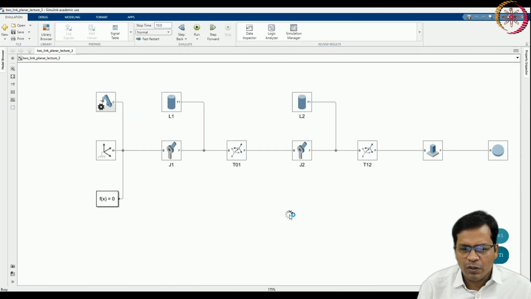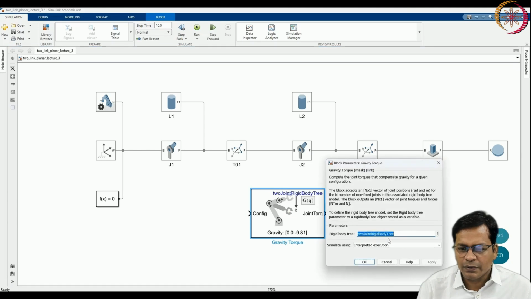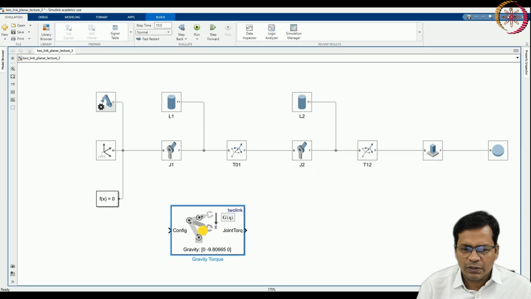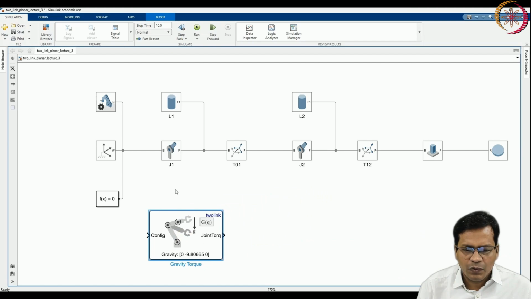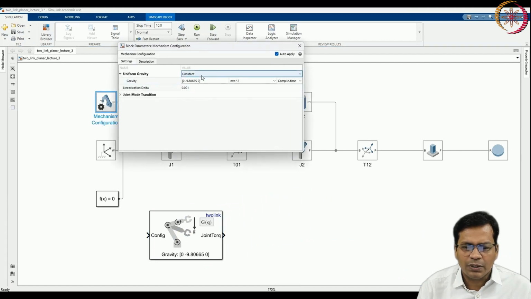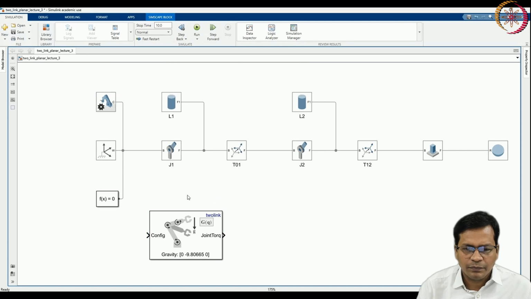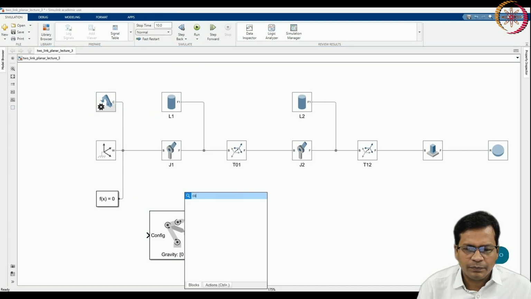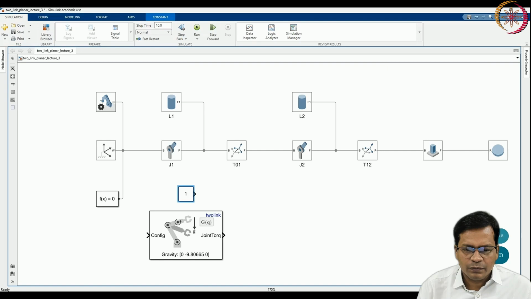Okay. So I will use the gravity torque block. It uses the rigid body tree named toLink. Okay, that is put here. Gravity direction you have to put exactly the same as in the configuration. This is the constant that I am putting here, that gives you the range, minus pi by 2, minus pi by 2.